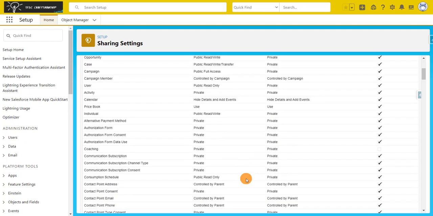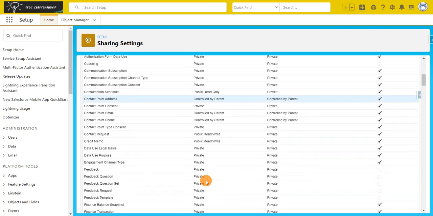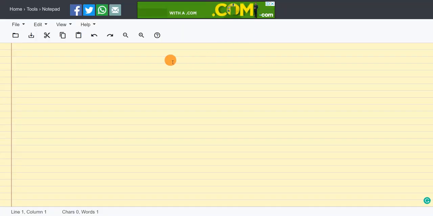Now, in other objects you can see the internal access level as controlled by parent. So what's this controlled by parent? Consider I have two custom objects.